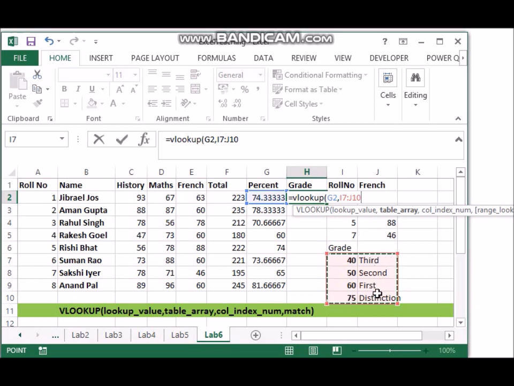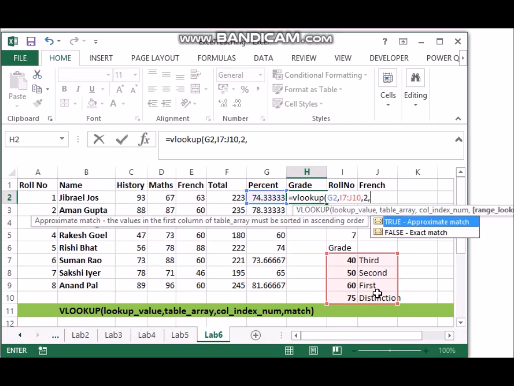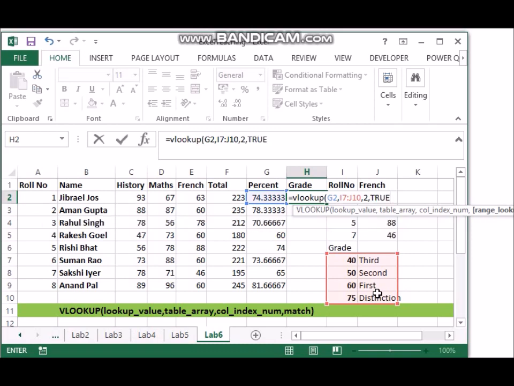Now again the column index is 2, and this time, students, should I take approximate match or exact match? If somebody has 45, should we consider him to have got third class? So we will approximately take 40. So we will say yes, approximate match.